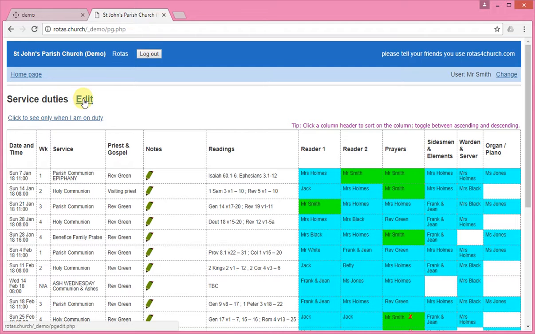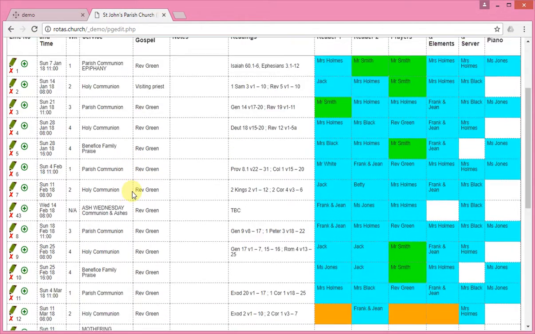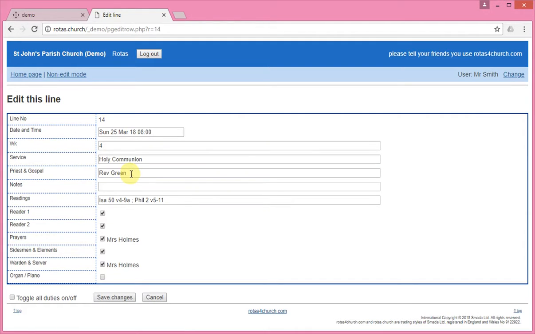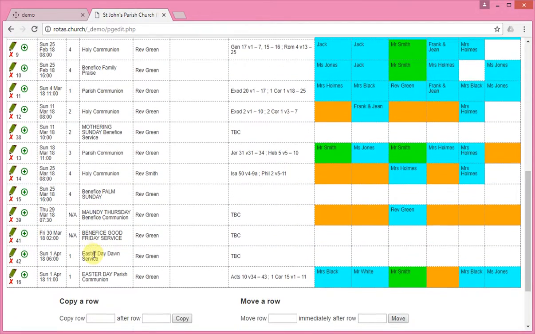So under service duties, she can click on edit, and she can now come in and edit the details of the services. So for example, she might say, yes, on the 25th of March, I'll go and edit this line here. It won't be the Reverend Green, it'll be the Reverend Smith, for example, taking that service. Save changes, and the 25th of March is now down as Reverend Smith. There we have it. So she can edit the services,